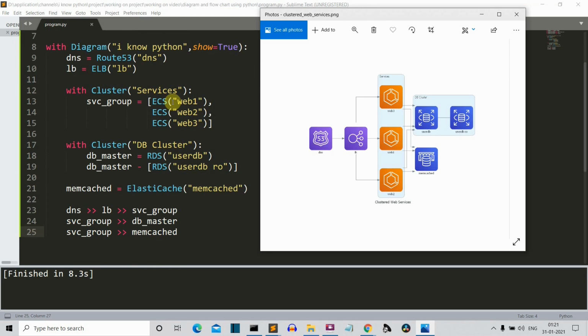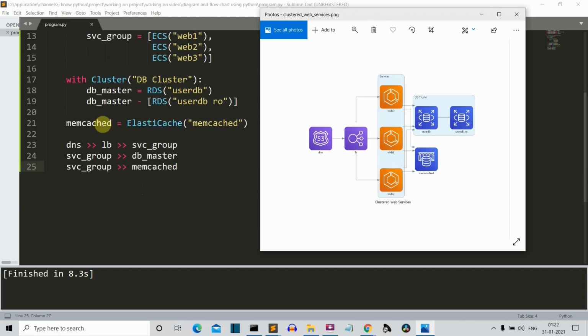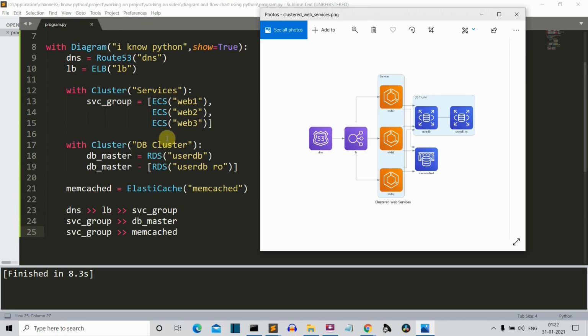Now what if you want to put the icons in the same bubble but in different levels? Now this is the perfect example for that question. So the name of the cluster is db cluster, and we have created the variable name and then the rd. Okay, and the first level is this db master, and the second is also this db master. Okay, now we have this mem cached. Okay, so now I guess you got the idea of how to create icon and how to provide text just below that icon, and how to create levels and bubble, right?